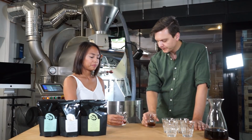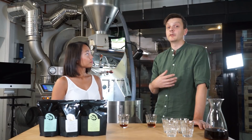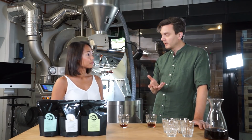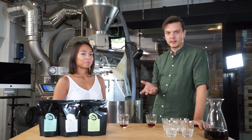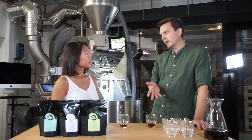Yeah, really sweet. We're also sending this out as espresso, and then it's even sweeter and more intense. So that's a really good espresso if you like to make cappuccinos in the morning. It goes really well with milk, but I also really like tasting it alone. Clean. So this is the traditional cultivar that they're growing a lot of. In Honduras it's not so common anymore because of leaf rust, so they're changing a lot of these cultivars like Catuaí to hybrids like Catimors, and they tend to taste a little bit more weedy and herbal, and this is quite rare to find now in